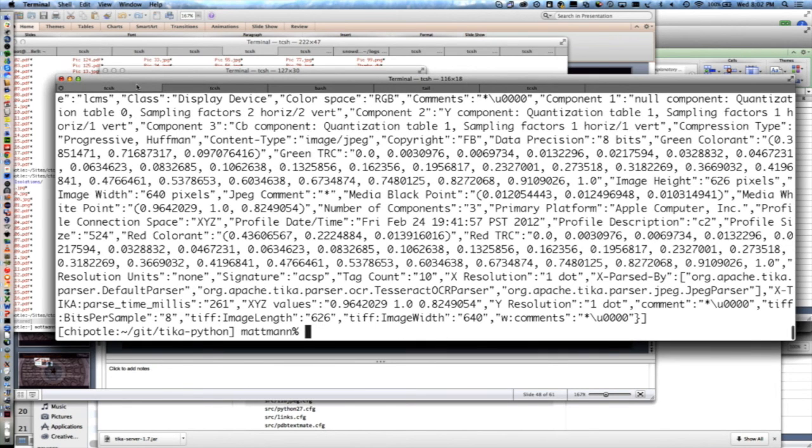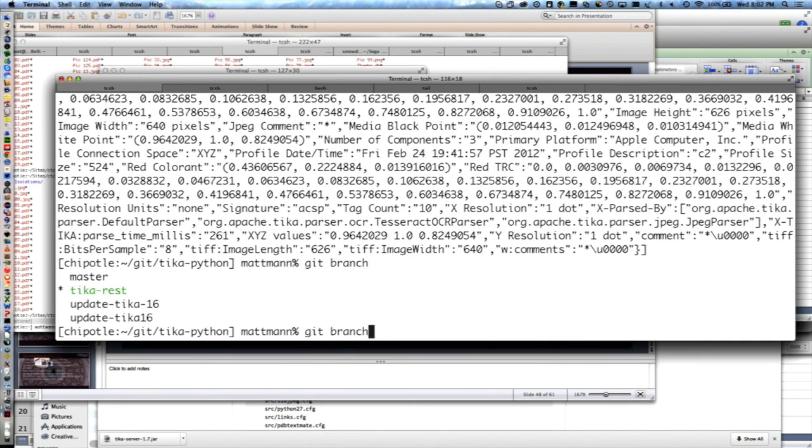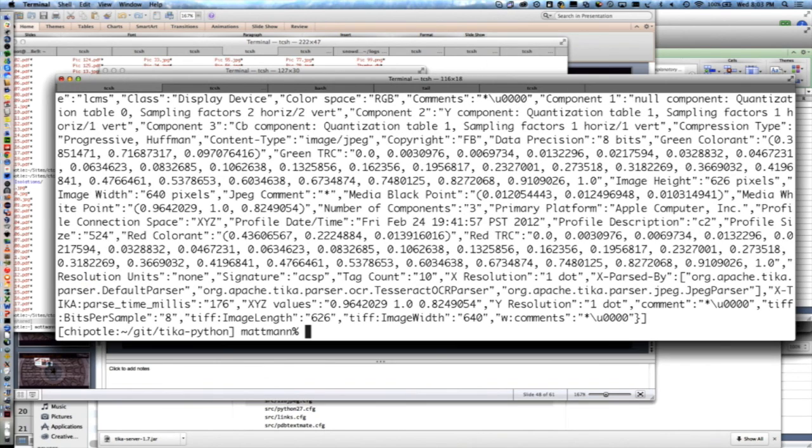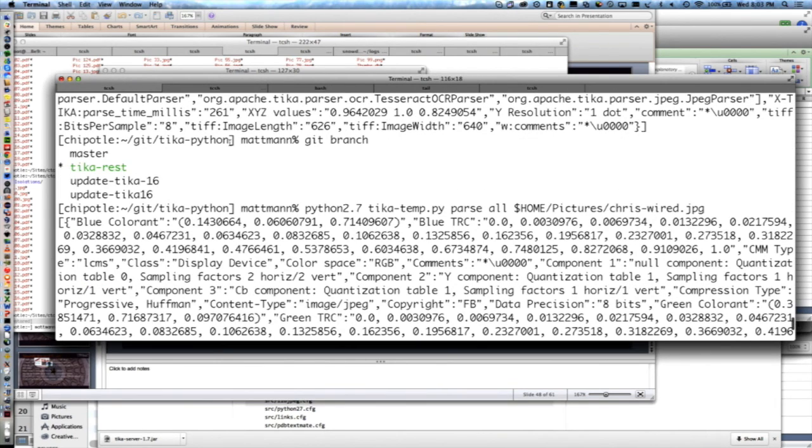So this is our new Tika Python that we're working on, in my Tika REST branch on GitHub, that just binds to the REST library. Zero install. It'll install it for you. It's not ugly JCC everywhere. This is just calling Tika from Python using the REST library underneath it.